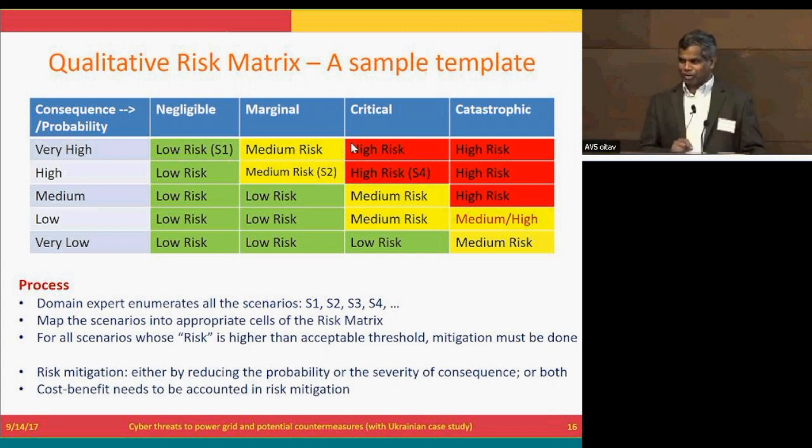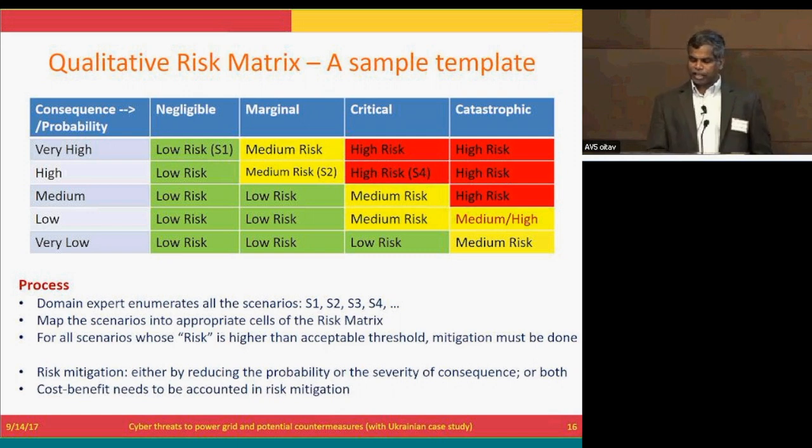Then place that scenario in this matrix-like table, which doesn't have any entry, let us assume. So they will say, okay, this event is likely to fall here. Let's say this scenario is very highly probable, like probing a network, but it has negligible impact on system operation. So that scenario is listed here. Some other scenario may be listed here, some other scenario may be listed here. So the expert will come up with a table like this, enumerating scenarios and placing those scenarios in one of those cells.